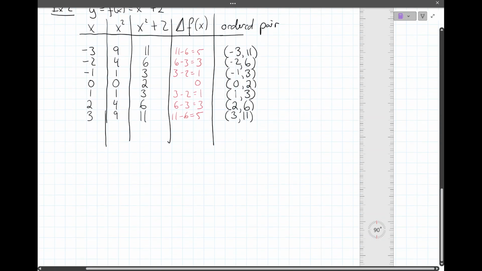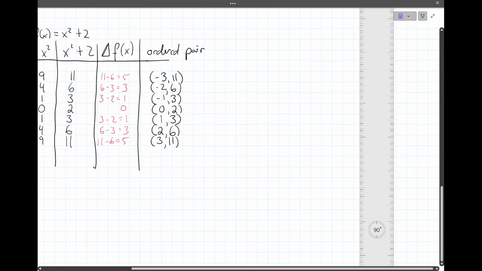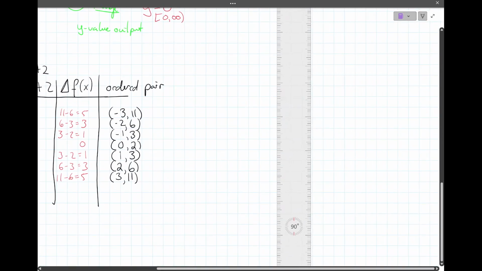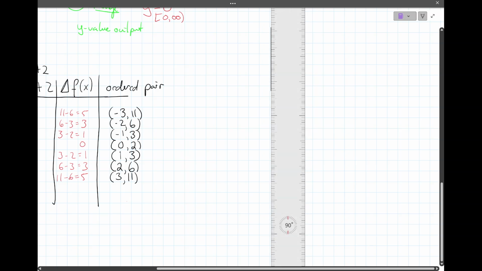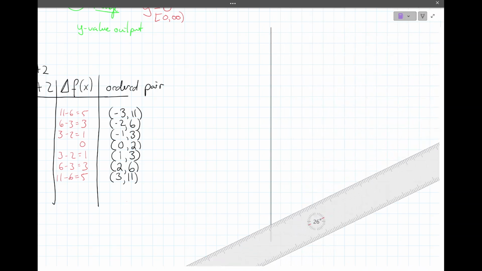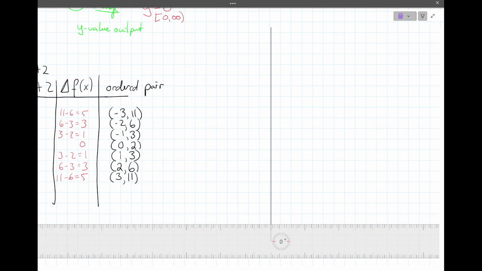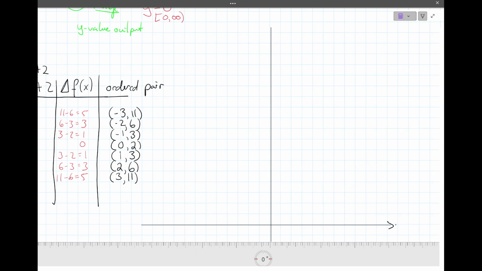So let's make a nice big grid this time. Let's put it off to the side and graph this very nicely here. We only need to be concerned about the positive y values, right? We can see that our lowest y value from our table of values is 2. This is our x, this is our y. Let's fit everything in. Our first point is 0, 2. X value 0, y value 2. X value 1, y value 3. X value -1, y value 3. X value